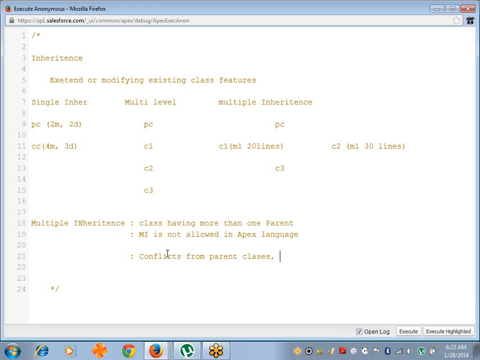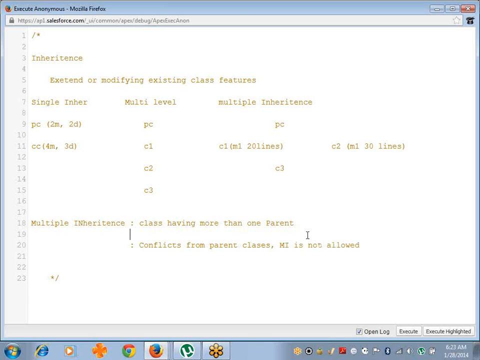Multiple inheritance is not allowed. How to resolve that will come in the interfaces and abstract classes. Next,